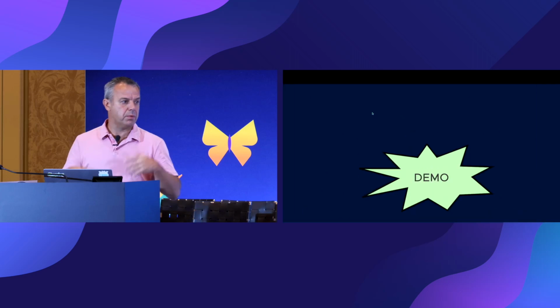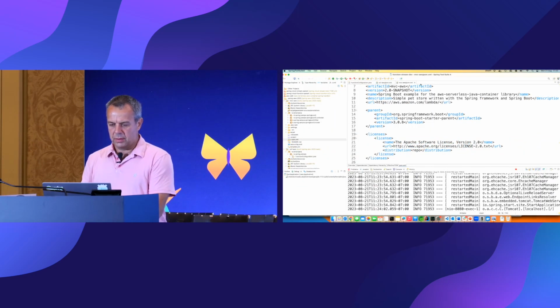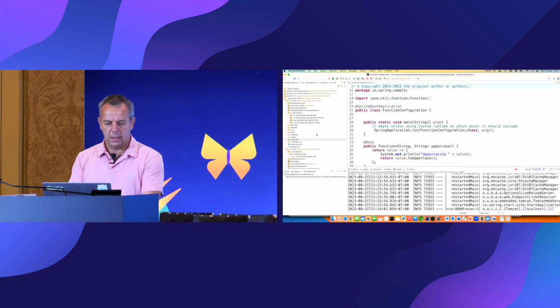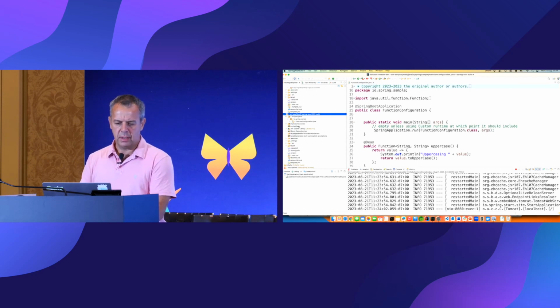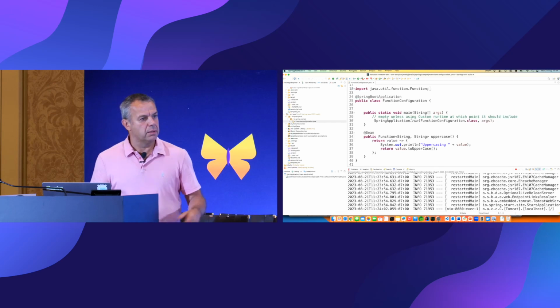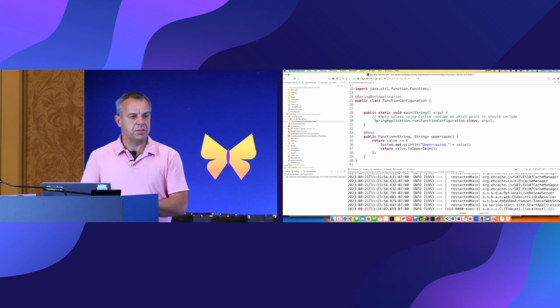So right off the bat, we're going to go straight into the demo. The links for the demos are going to be in the last slide. I have this project, and this is my function configuration. You guys see the code, right? Can you read it? Are the fonts big enough? Right, so again, I'm using a very trivial